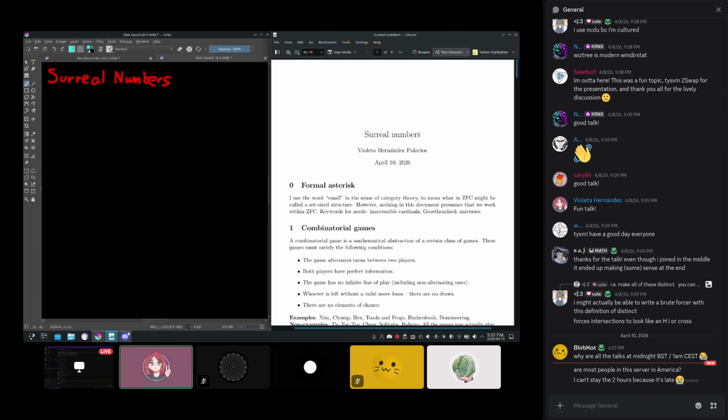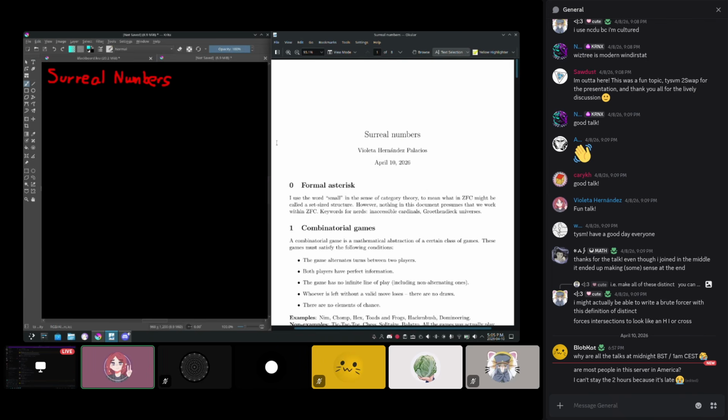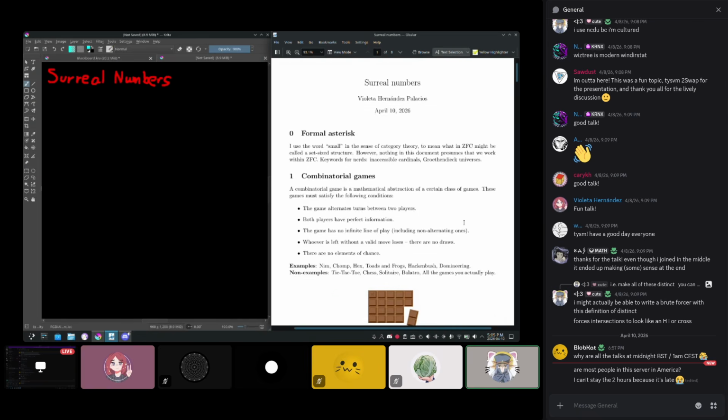This just avoids Russell-style paradoxes, where if we had a set of all surreal numbers, we could use it to create a new surreal number which would not be in the set, and that would be kind of weird. But we really don't need to worry about this. I have some keywords if you're a nerd: inaccessible cardinals, Grothendieck universes. If you think anything I'm doing is not fully formal, then that's that.